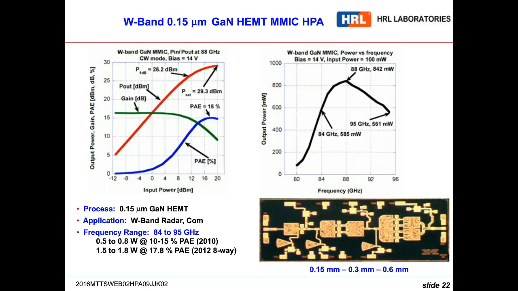At W band, this is sort of a dated result. HRL has gotten this chip up to over a watt at this point, but it shows you what can be done, and the reason I left it in here is the photo of the chip, measured data, and a bit of a description of the chip in the view graph. This is a 3-stage amplifier using 2-to-1 ratios at W band, covering 84 to 95 gigahertz in GaN HEMT. And it's indicative of the type of performance that you can expect with GaN HEMT at W band frequencies.